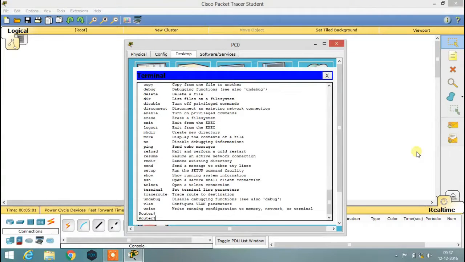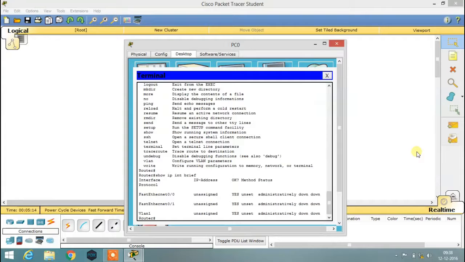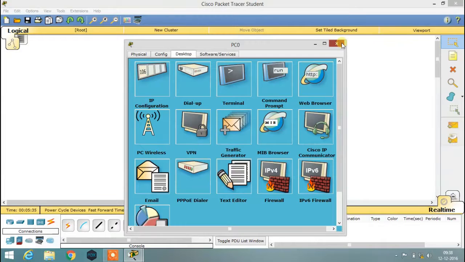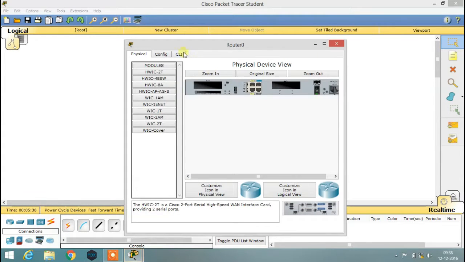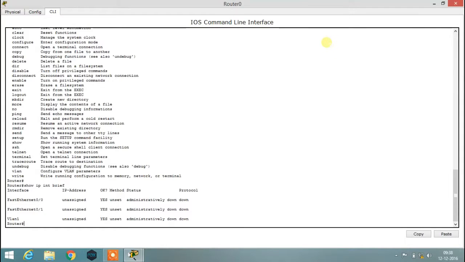To check what interfaces are available for us, give the command show ip interface brief. This command will show you the details of your interfaces. What is the number of your interface, what is the IP address, what is its method, whether it is down or up, everything. Okay, I am closing this and I am opening the router CLI so that I can maximize it. And what is the protocol? See,